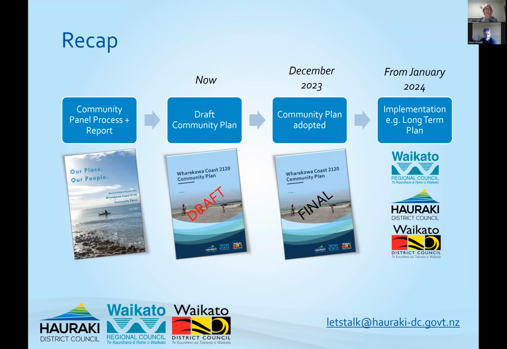Thanks, Simon. Okay, so I'm just going to talk to you briefly about consultation on the plan, the next steps, and then implementation. So as you can see, where we are now is we're at the draft community plan, and we're really keen to get your feedback on the plan. We want to know things like, have we got it right? Is there anything we've missed out? Have we prioritised the right actions? What do you think about the coastal adaptation pathways? So these are very long-term pathways over the next 100 years. So we're really keen to get your thoughts on those.